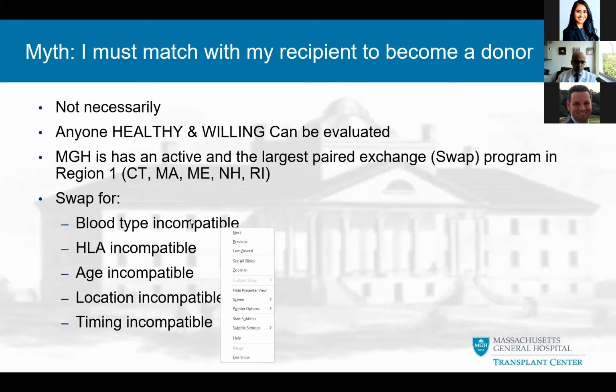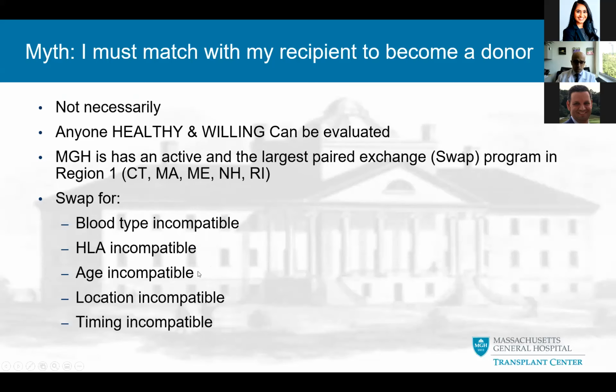We do swaps for patients who are HLA incompatible. For someone, for example, who got a lot of blood transfusions or had a prior kidney transplant, they may have antibodies against their donor. So that pair can enter through a swap program, and a kidney that the recipient doesn't have antibodies against can become available.